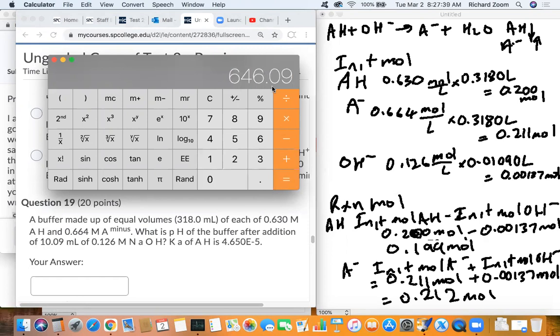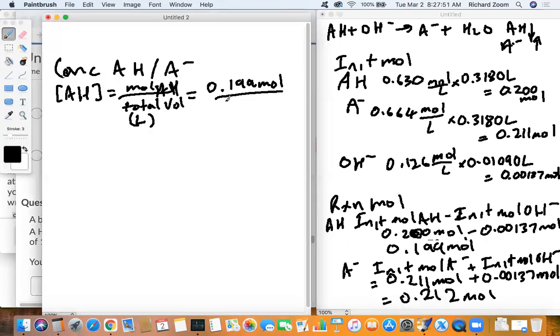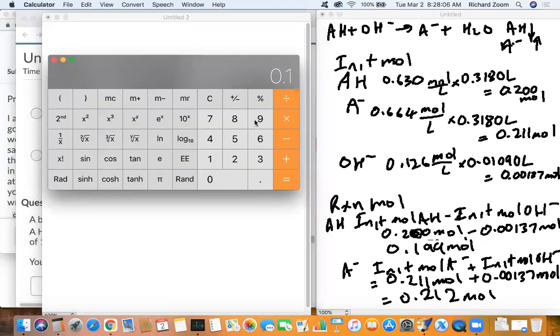Okay, so it'd be 646.1 is what the total volume is going to be. So it's both of those components plus the sodium hydroxide. Okay, 0.308